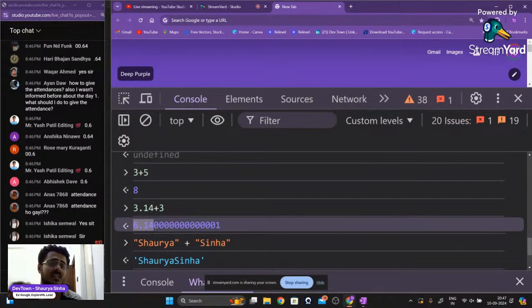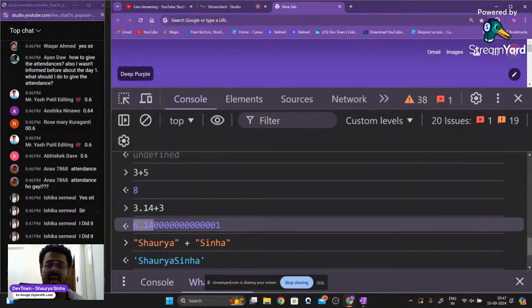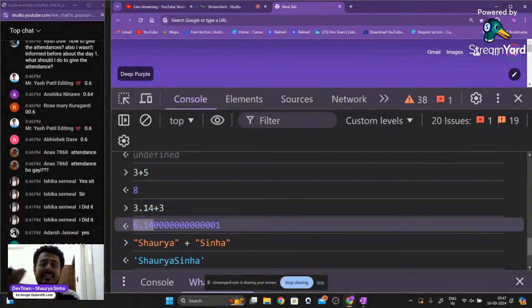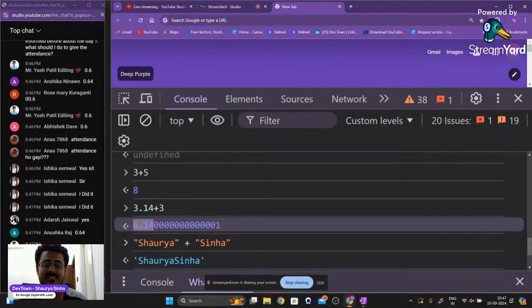The computer is trying to store the numbers as a little bit greater than the number they actually represent, and when you add these numbers up, that little bit also gets added up, and then the computer is not able to ignore it. That is the reason why you're getting an answer like this. So if anybody asks you about this, always answer that this is to maintain the precision so that the answer can be up to as many decimal digits as possible.